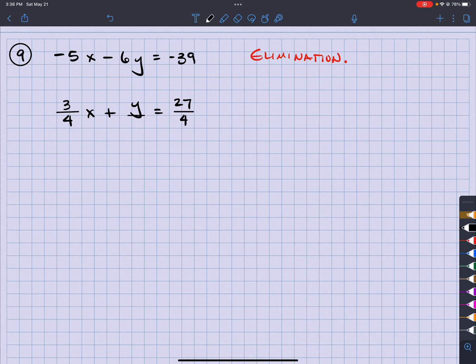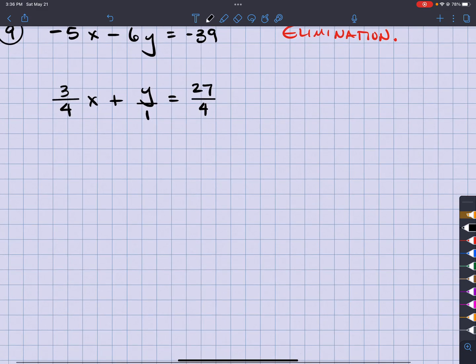I can write anything as a fraction by putting it over 1, right? So I'm going to bring the sisters in,